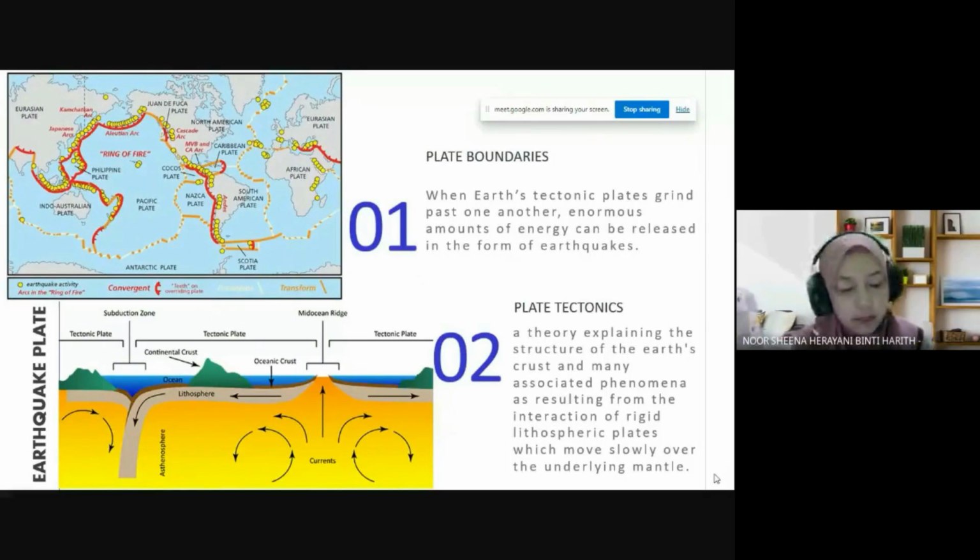Okay, we move on to the theory explaining the structure of the crust and how it moves slowly over the underlying mantle. So plate tectonics is the theory that explains processes in the geosphere that are fueled by the Earth's